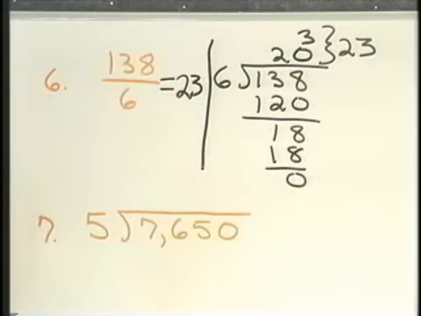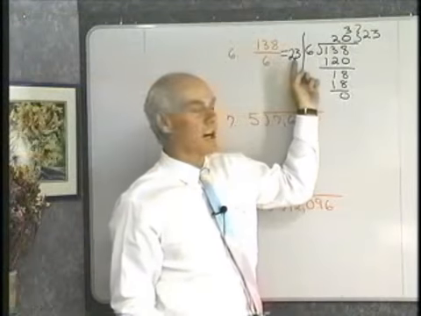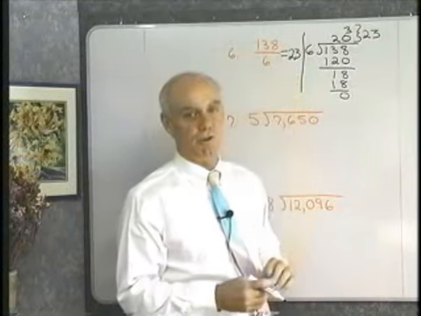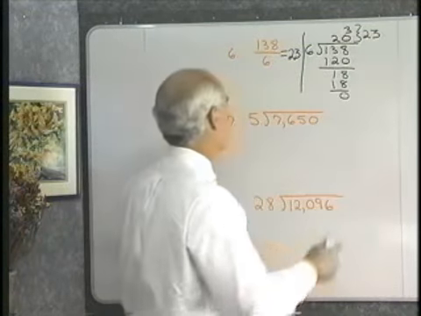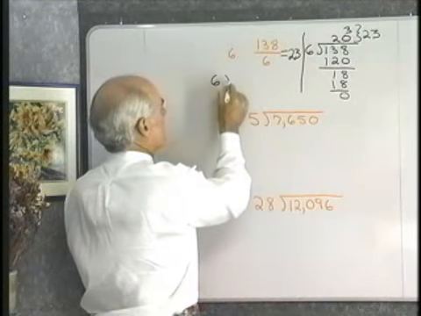And in fact it is, because if I multiply 6 times 23, I get 138. Now what I want to do is write all of this in little shorthand form, and it will look this way. 6 into